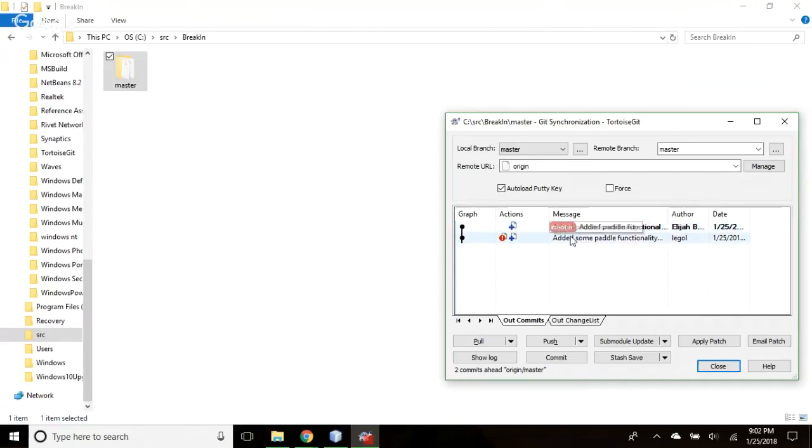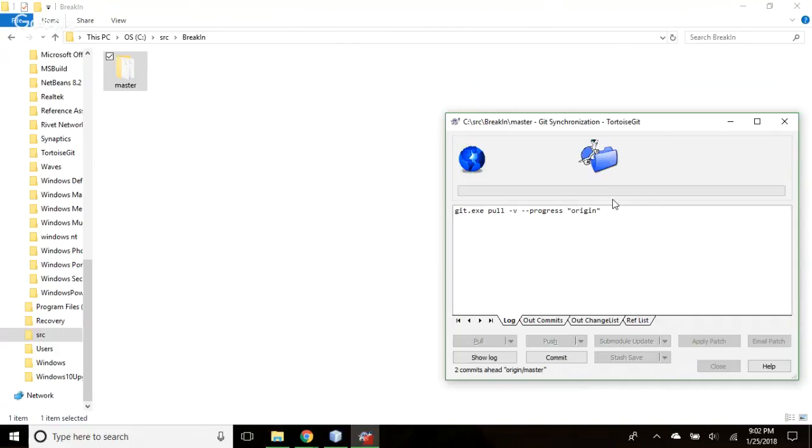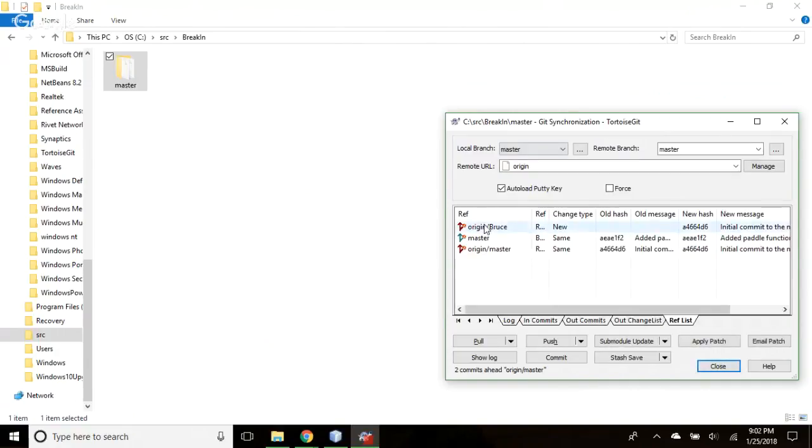I don't know why. Let's see. Let's try pulling. Hit the pull, see what happens. Just pull. Should not have a problem with it. Pull from, I think it works, origin. Okay, now click on the bottom one. And then, actually, highlight the middle one, and then click on push.